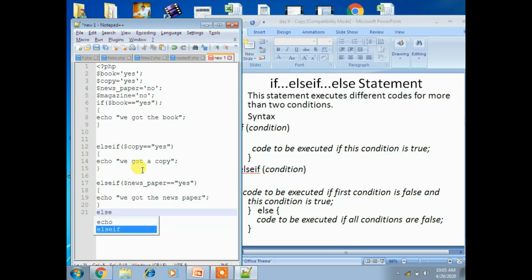And we can have one last one, another option, a magazine, right? For that you can also take an else if. So dollar magazine double equal to yes, then it checks and echoes we got magazine.